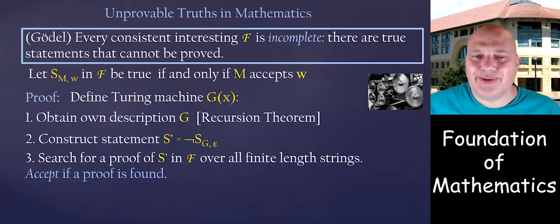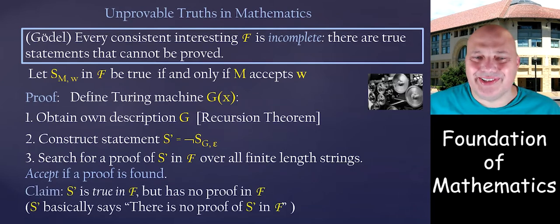Let's see what's going on here. The claim is that S prime is true in F, but has no proof in F. So S prime can be true or false. Let's see what happens if it's false. We'll get a contradiction. If it's false, what does it mean? So S prime is false. It means that